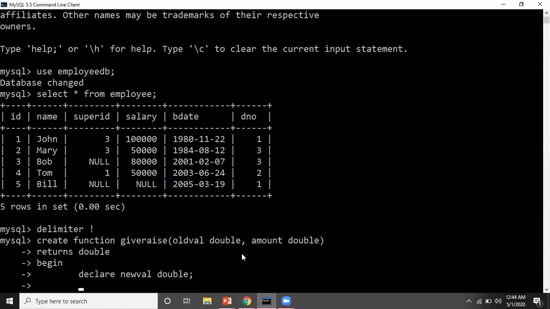Next, we have to now write the definition of the function. So what I'm doing, I want to set this new value equal to old value into 1 plus amount.